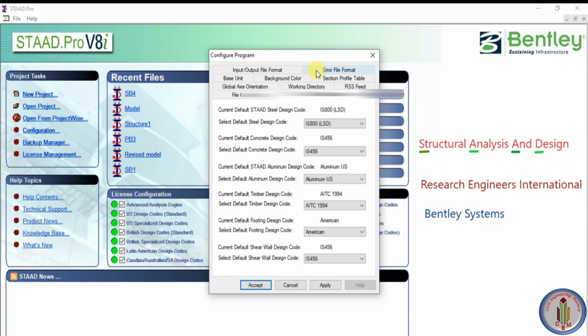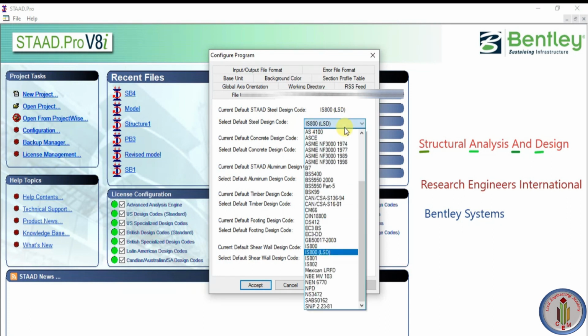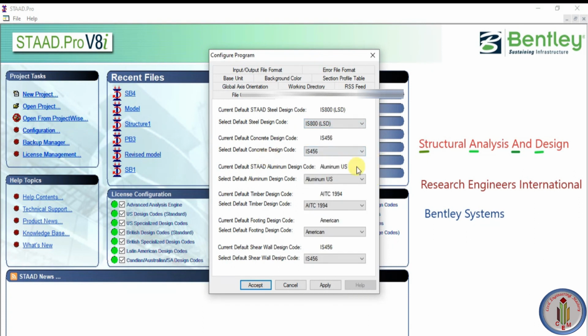Next, STAAD default codes. So here select default design code as IS 800 limit state design. If you wanted to use for other country code, you can select that one. And default concrete design code is IS 456 and default shear wall design code is IS 456.